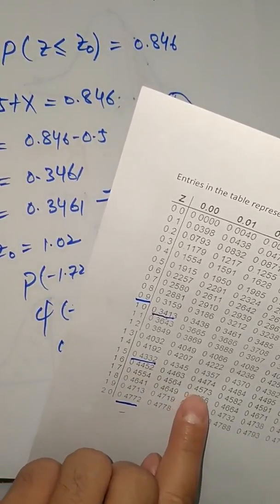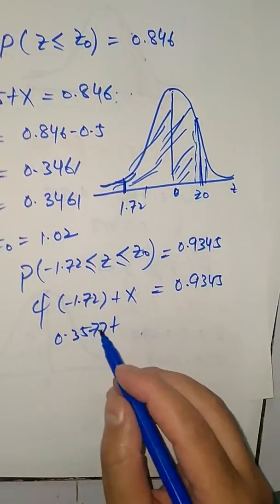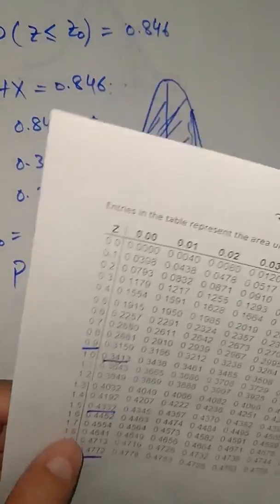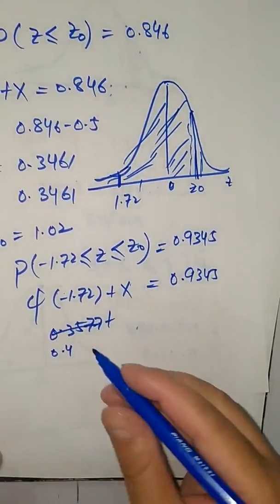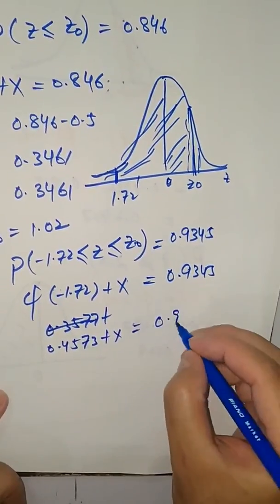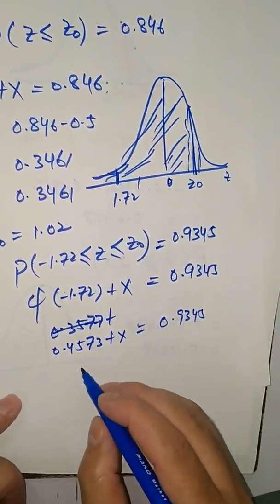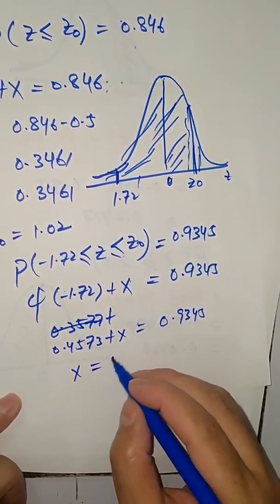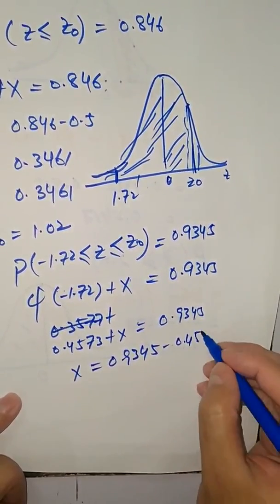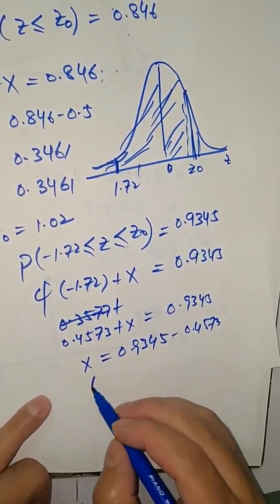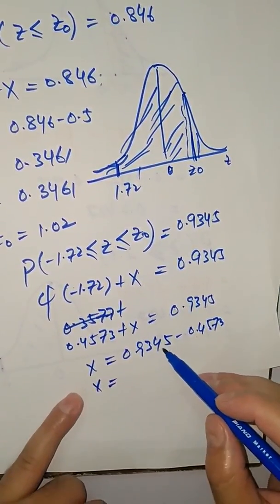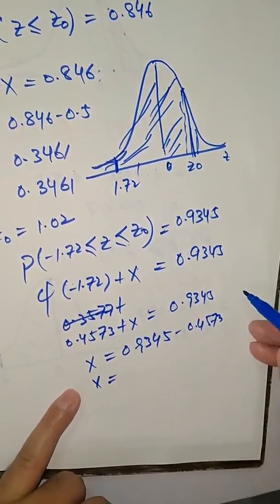This is equal to 0.4573, plus x is equal to 0.9345. So I will get x is equal to 0.9345 minus 0.4573. When I subtract 0.9345 minus 0.4573,